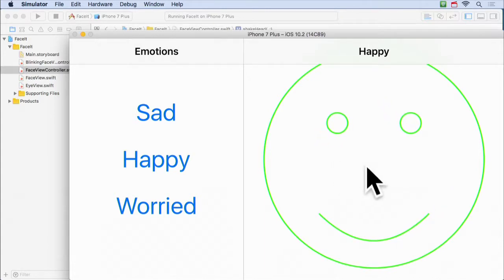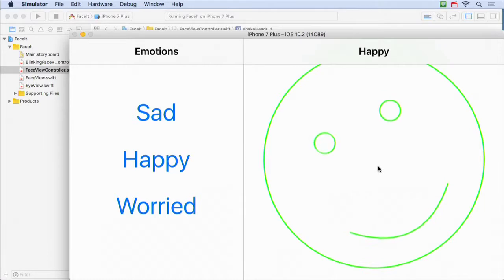Now, a couple interesting things to note here. Look at our other animation. It continues perfectly happy. It does not care that we're rotating this view. It's completely irrelevant to that. And that's the way animations work. As long as they're not touching the same values, they can work completely independently.